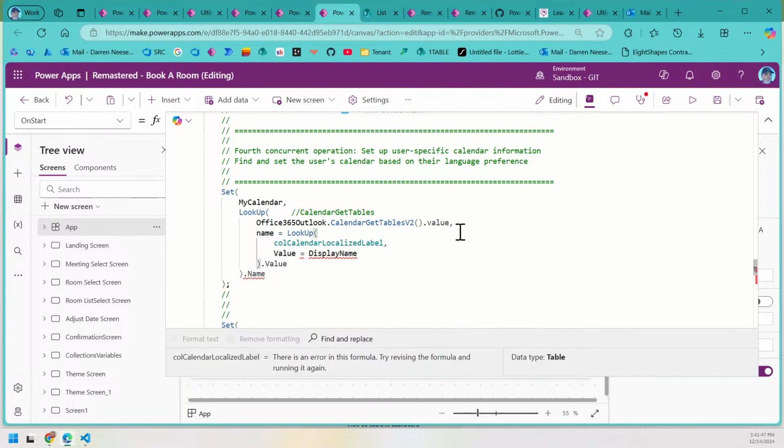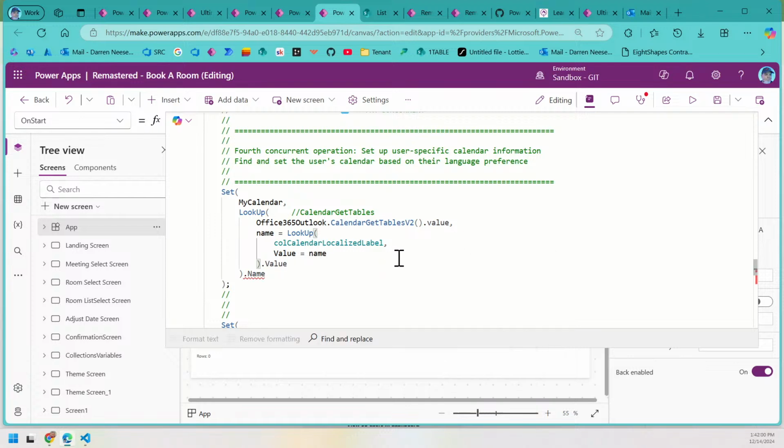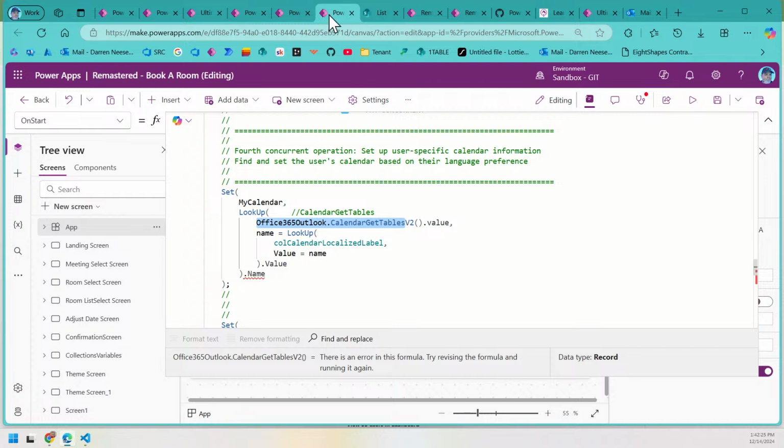And I'm going to look. And it's not display name. It's just name. I don't think that's right, though. Set my calendar. Okay, that needs to be renamed. This is what I'm going to do. I'm going to go to the